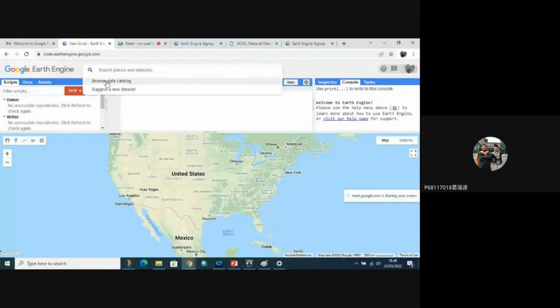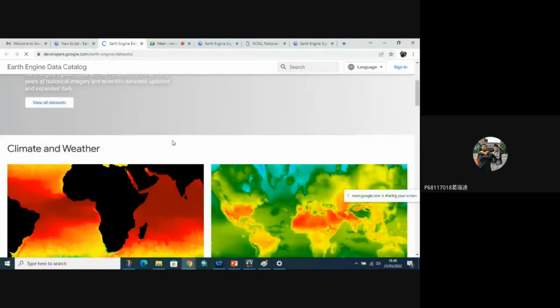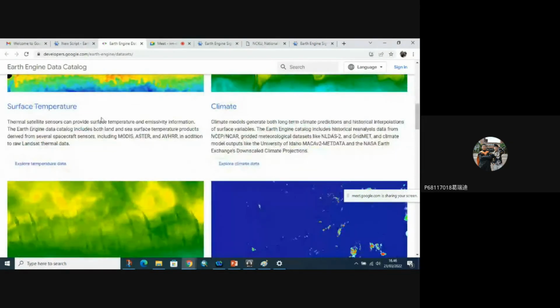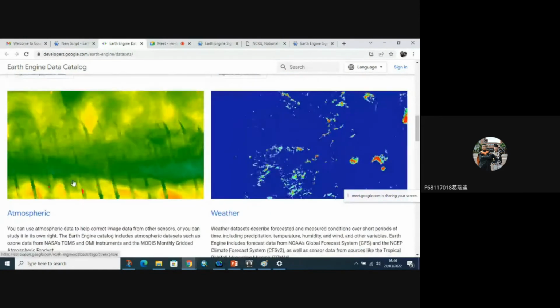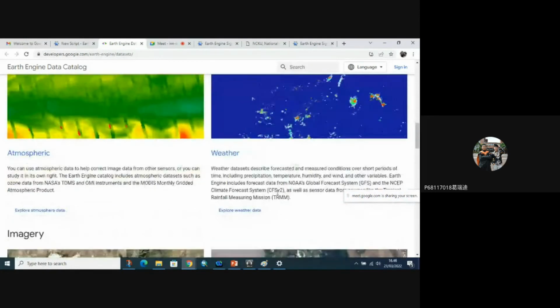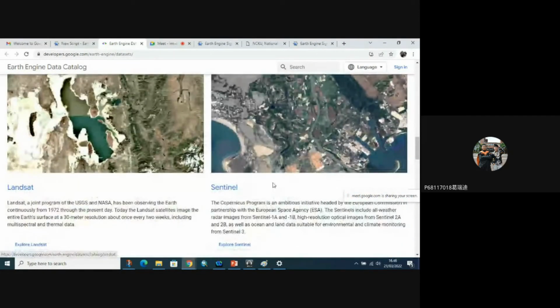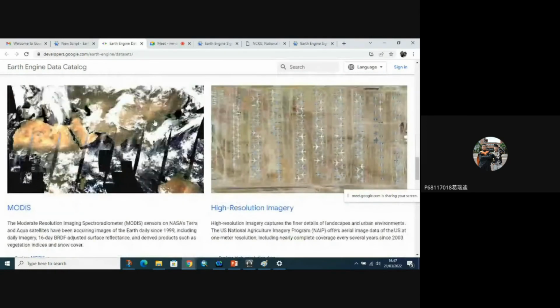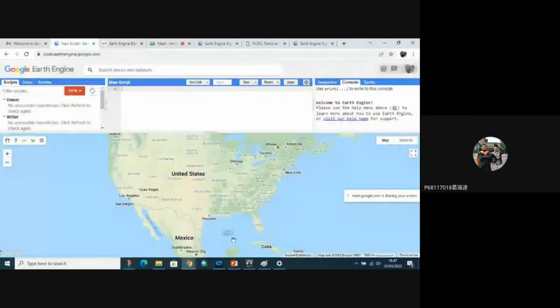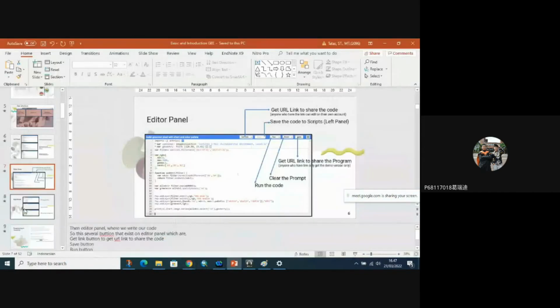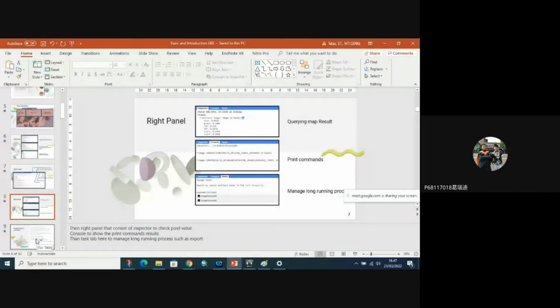Browse the data catalog, and you can see the data provided by Google Earth Engine: surface temperature, climate, atmospheric, and weather. Also a lot of images. Because Google Earth Engine is cloud-based, downloading data is not necessary here.